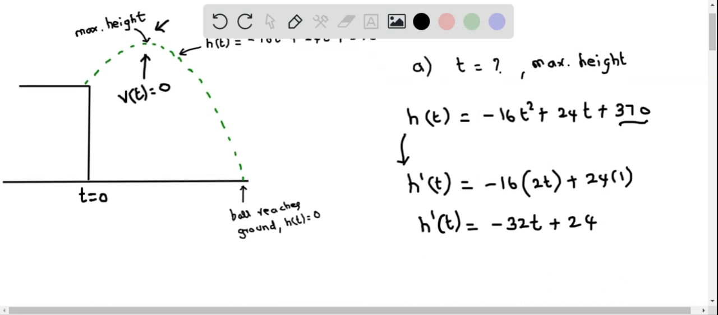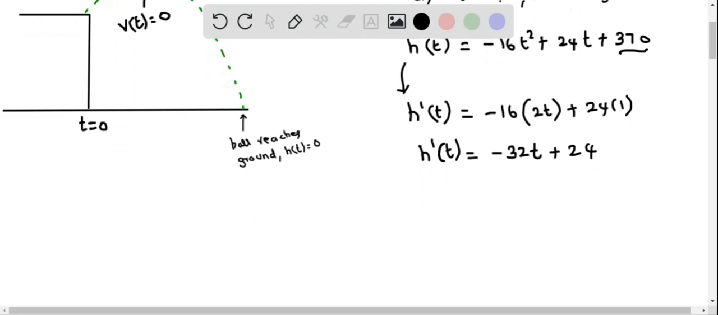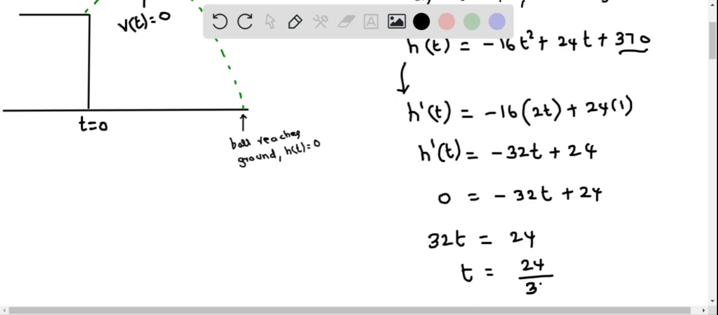Now we set this equal to 0 and find the corresponding time. So I'm going to plug in h prime of t equals 0. Therefore this becomes 0 equals negative 32t plus 24. We now solve for t from this equation. I add 32t and this equals 24. So therefore t equals 24 divided by 32, and so this equals, this is 8 times 3, and this is 8 times 4,